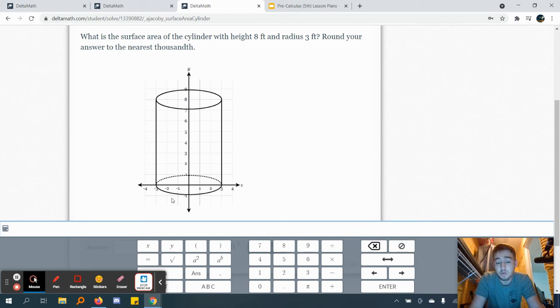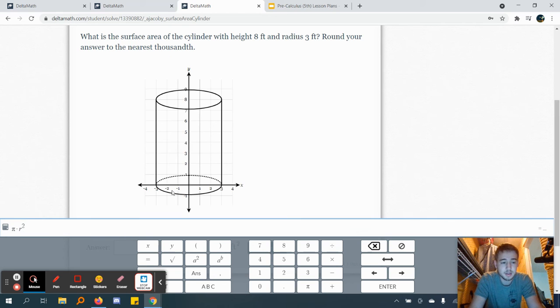So what we're going to do is we're going to say pi times r squared, but we're going to have 2 of these because we've got a top and a bottom. So those are going to be the circles. Pi r squared is the area of a circle. We reviewed that last week. So 2 pi r squared, we can actually do it without little multiplication dots,